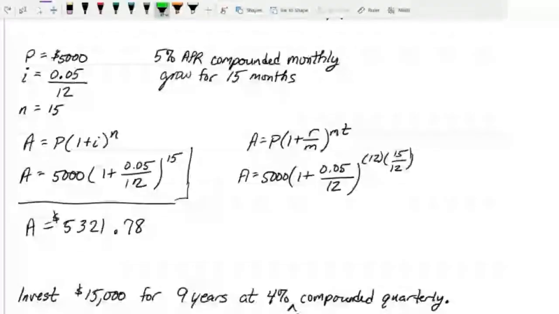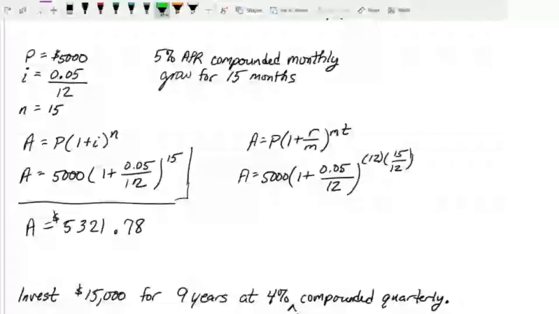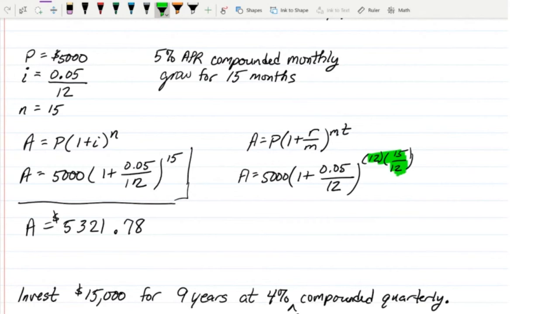of the formula. Okay. You can see that the fraction version of the formula wasn't really any harder, but it did help me figure out what fraction to put in there. So I had to figure it out for the I, but it looked very much already like a fraction. But I had to do this weird nonsense with the number of compounding periods here, because the 12 was there because I'm compounding 12 times a year, but I said 15 months, and that's really hard to plug in. The t value in the fraction version of the formula has to be years. And so I actually had to do this dumb fraction time period,